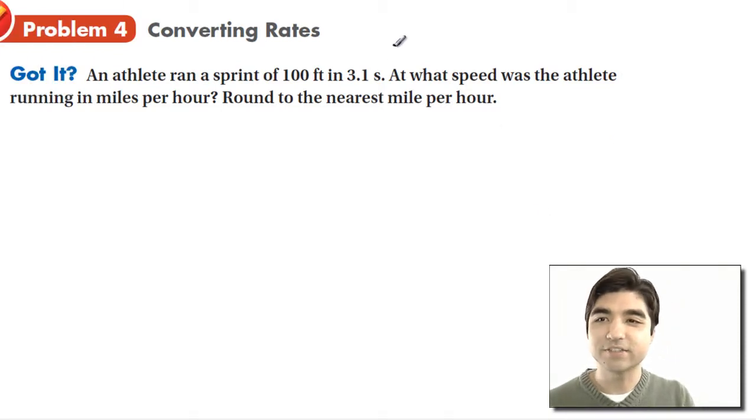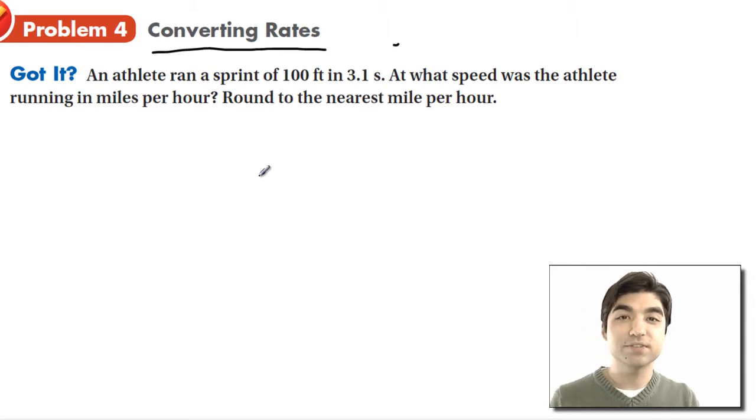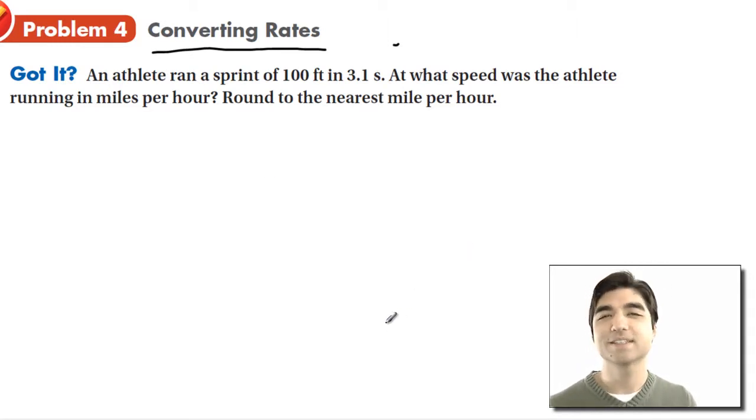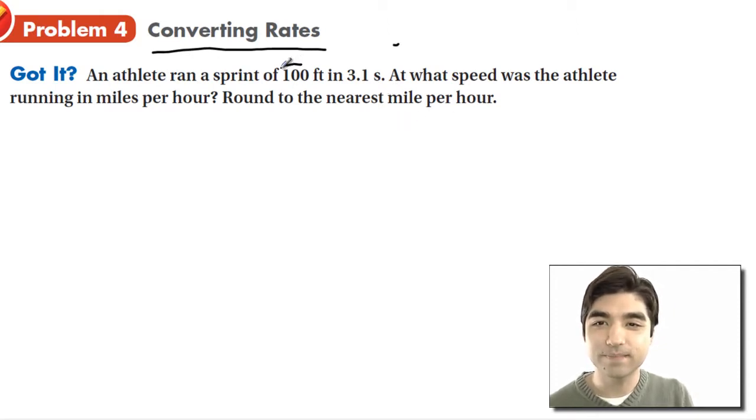Okay, so this one is the grand finale problem. We need to convert some rates here, and we're going to do a double conversion. It's going to get a little crazy, but it's going to be a good time, trust me. So an athlete ran a sprint of 100 feet in 3.1 seconds, and they want us to convert this thing